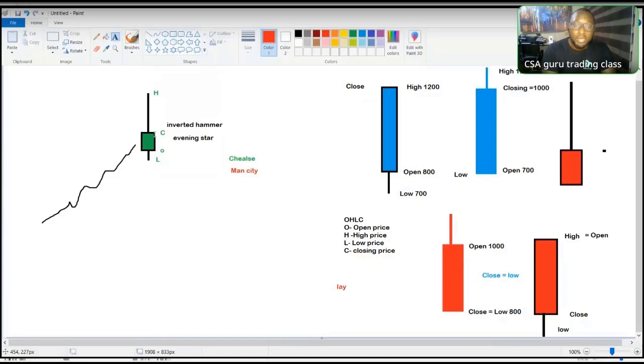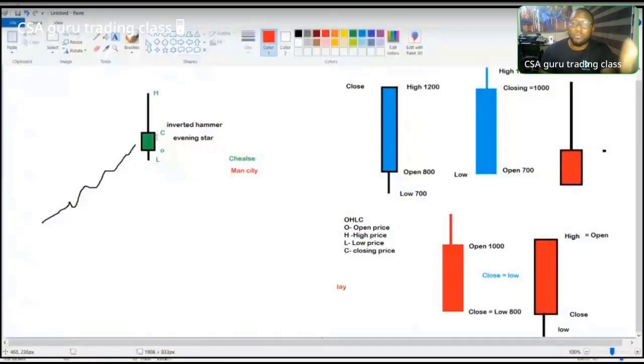If you're longing and the price keeps going up, you're going to be making profit. If you're shorting and the price keeps going down, you're going to be making more money. But if you're shorting and the price is rejected and starts going up, then you're going to be losing. The same thing if you're longing and the price keeps going down, you're going to be losing. So the indication with this kind of candle is telling me that the price is going to keep going down. It might not go down and close